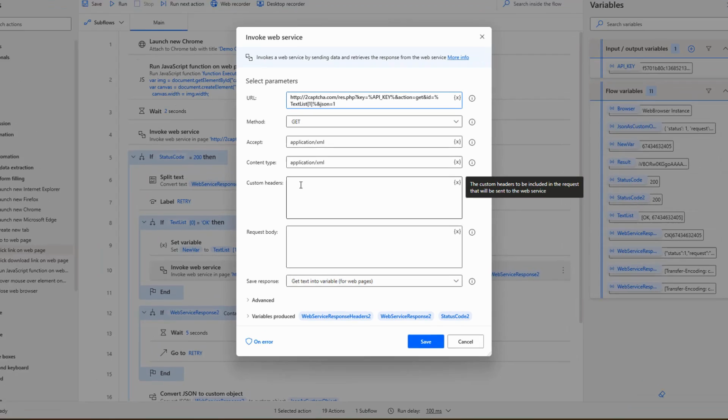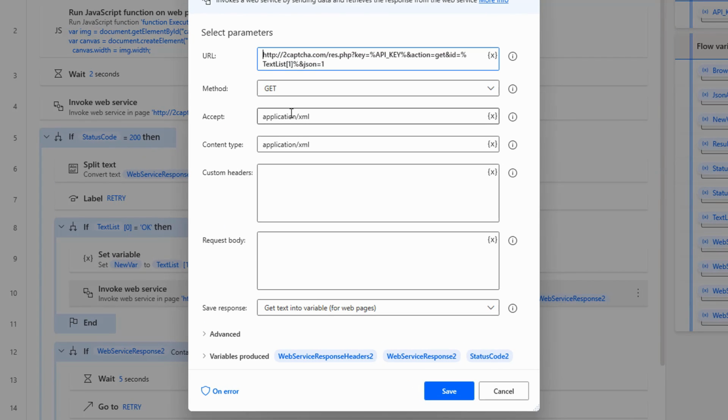In the invoke web service action, we can see the second web API endpoint, rest.php, and we will pass the API key as a parameter, then action as get, then the ID of that job. Here we are using text list of 1, which contains the ID of the job we submitted in the first invoke web service, and the final parameter is an optional one, JSON equal to 1.